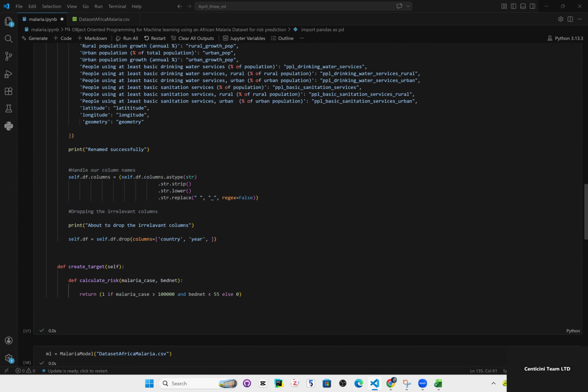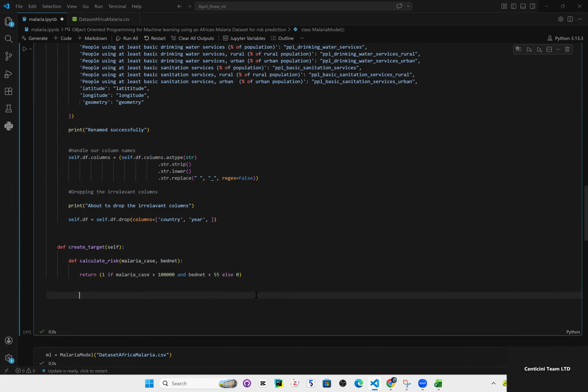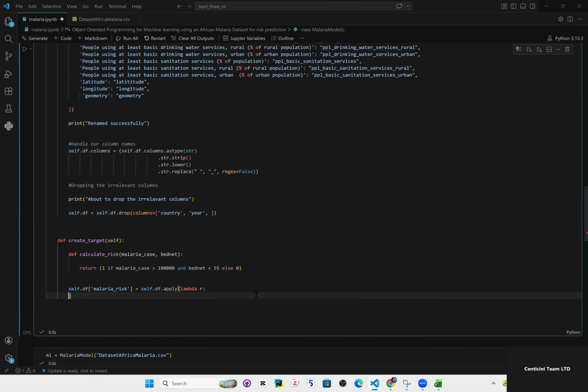Of course. So what we're going to do now is I'm going to create self.df, and then I'm going to call this malaria risk. Okay, so this is what I'm creating, a new target. So it's going to be equal to self.df.apply, and I'm going to pass a lambda function here, lambda r, and that's going to be